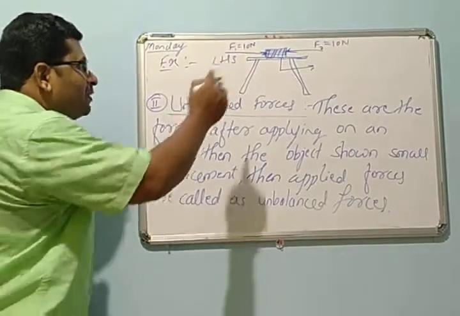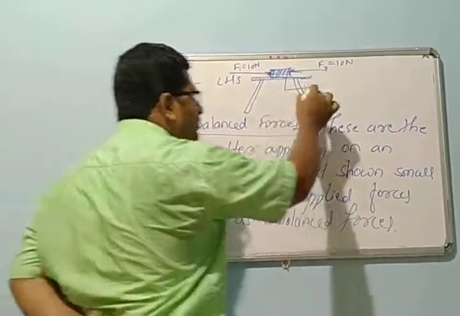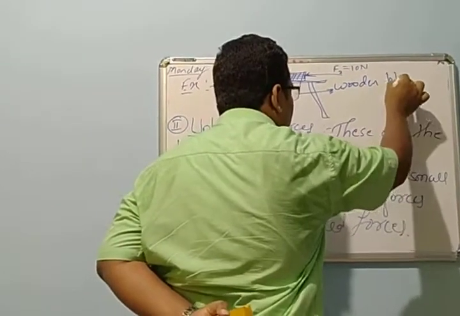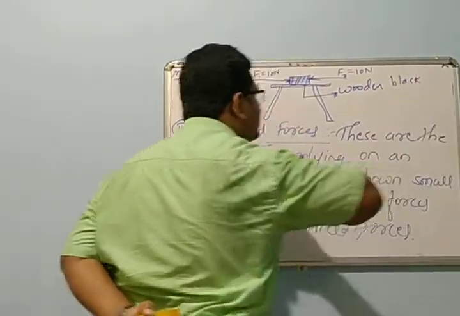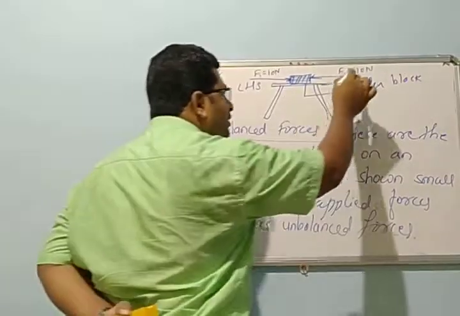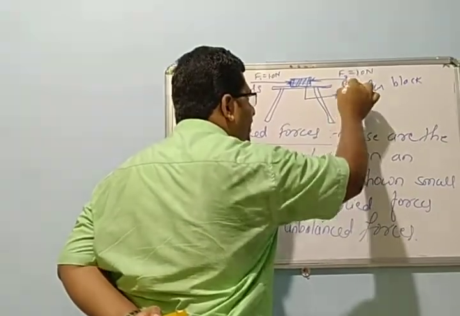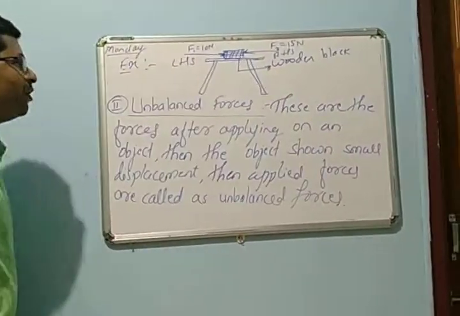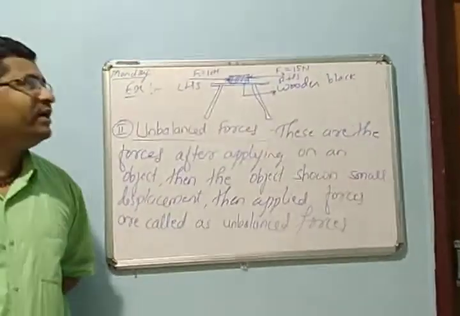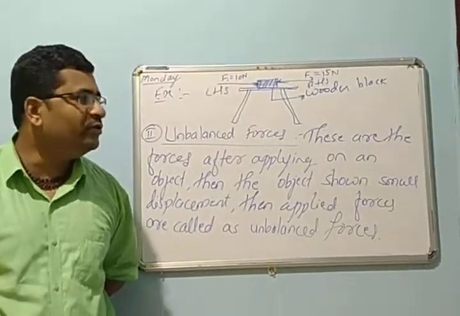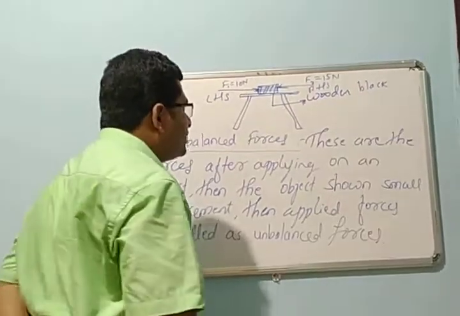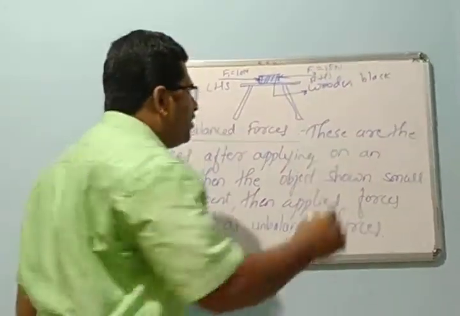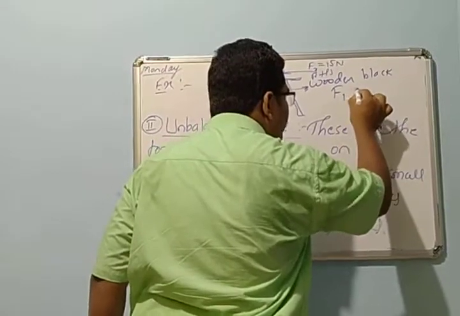So the same example, a wooden block kept on a table. So this is a wooden block, and in this case the force applied from the right hand side, RHS, will be 15 Newton, and the force applied from the left hand side, let it be 10 Newton. So here in this case, the example for the unbalanced forces, you observe F1